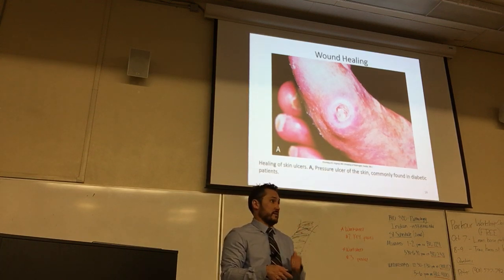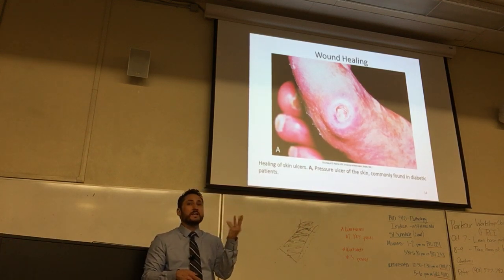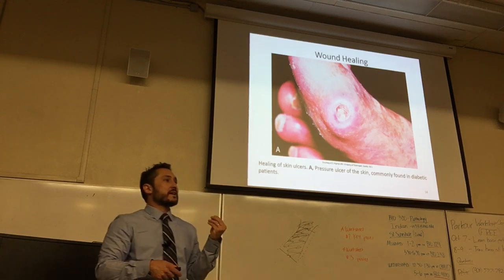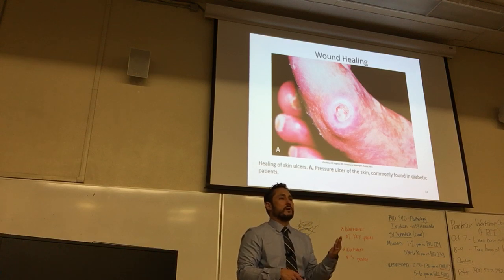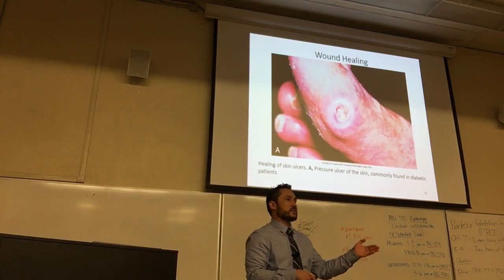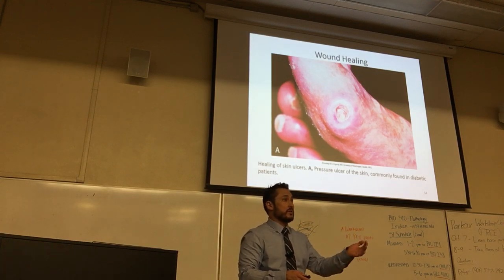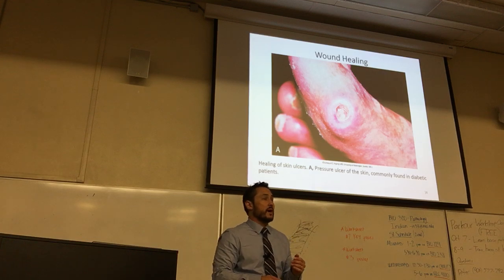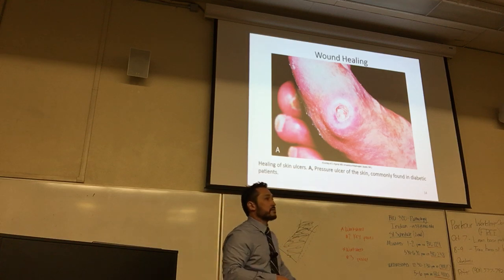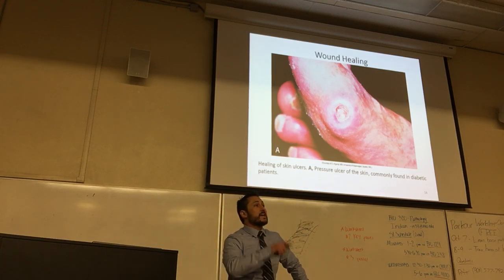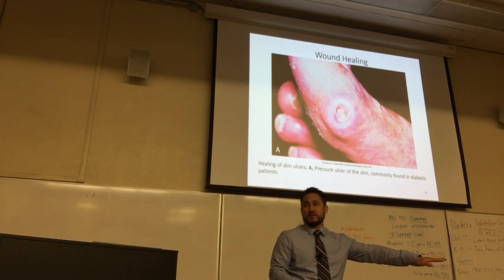That would be really annoying. Okay, so they cannot feel, and when they feel anything, they feel that pinprick feeling. So that's an early sign of nerve damage. That paresthesia that you feel, that's your body's way of letting you know that the nerve is actually being starved of oxygen because there's no blood flow going to it. So it gets your attention by giving you that feedback, that signal. So you move your foot to a different configuration. However, in a diabetic patient where there's significant vascular problems, and we'll talk about that later in the semester, what happens inside the blood vessel, that blood flow doesn't get to the distal extremities.